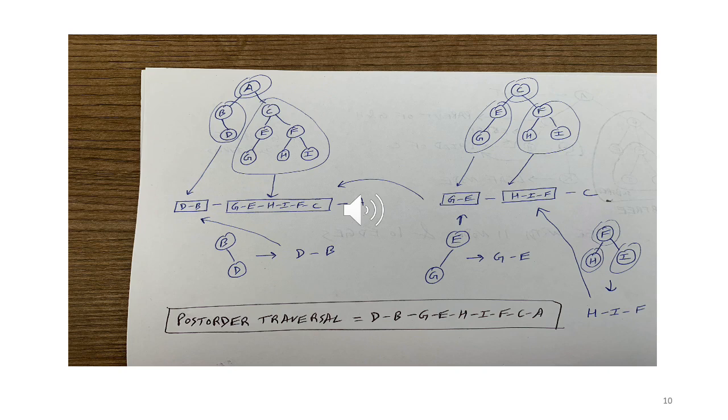So left subtree followed by right subtree. The right subtree will have nodes C, E, F, G, H, I. So we have a box for that. To fill that box, we have to do a post order for the tree rooted at C, followed by A, which is the root node. So now let's try to fill the first box.